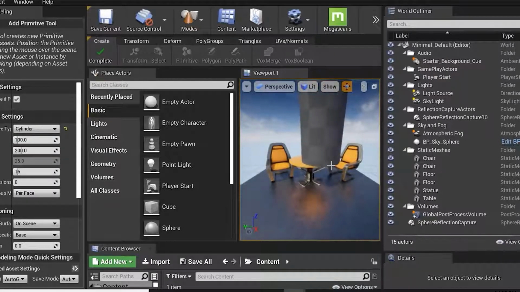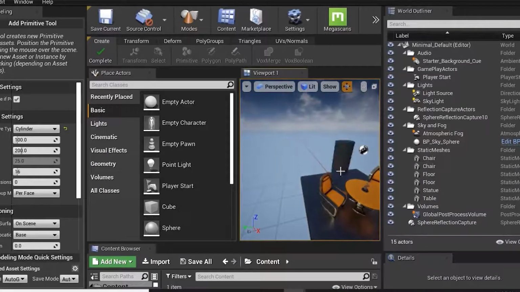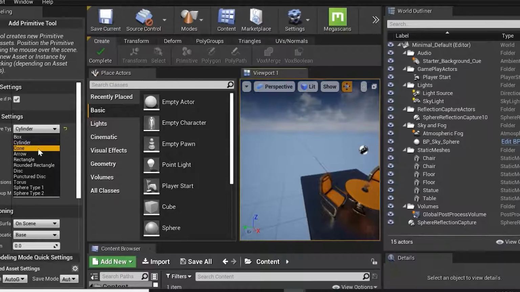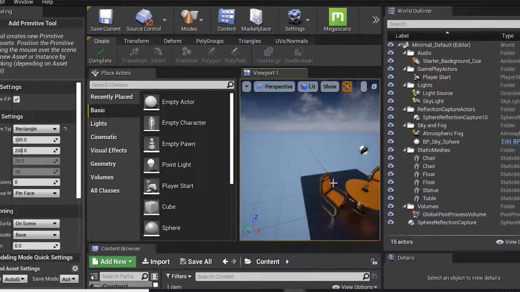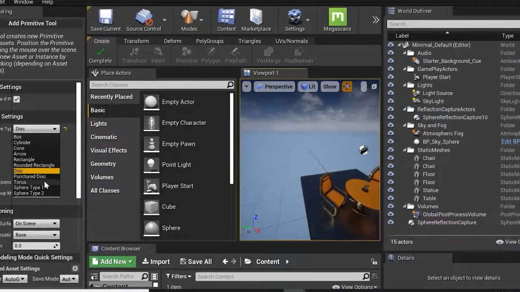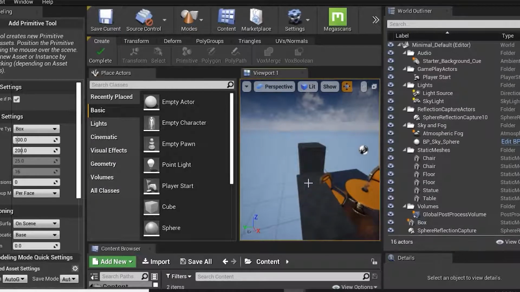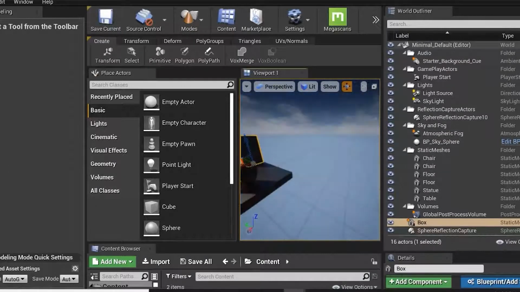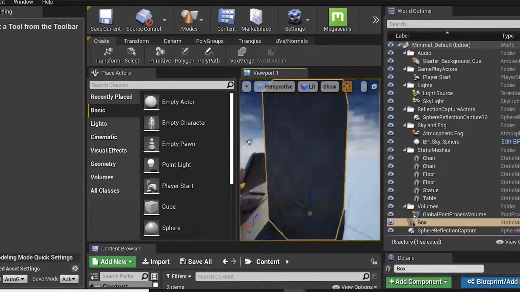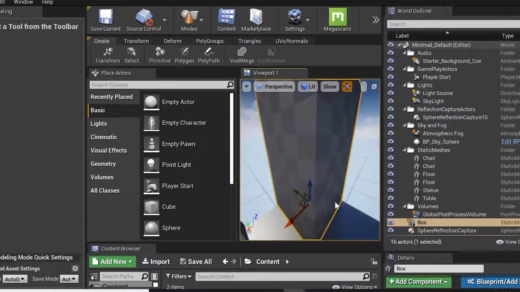Cylinder, if I want to add a cylinder over here, I just need to move and select which area I require to add. We have cylinder, we have cone over here, we have rectangle over here, disk, we can simply add a disk. So there are lots of options we have over here. For now I have the box over here. I'll just select, escape, enter. So this box automatically snapped to grid on my vertices.